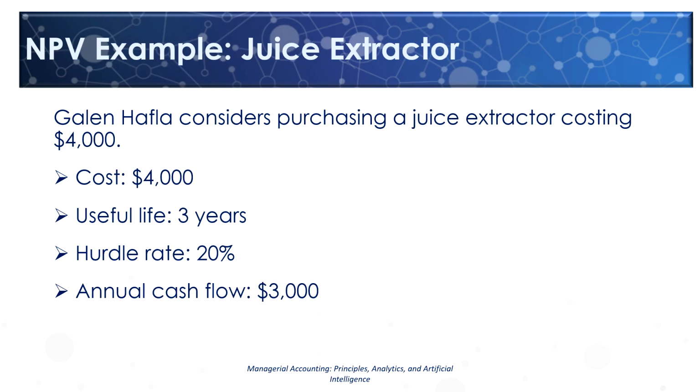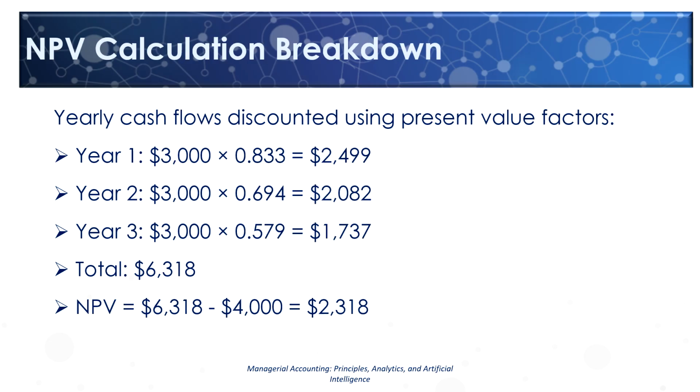Now let's look at an example of Galen Hoffler considering the purchase of a juice extractor for his business. The extractor costs $4,000 and produces annual cash inflows of $3,000 for 3 years. The hurdle rate is 20%. We discount each year's cash flow using present value factors. So in year 1, $3,000 is discounted by a factor of 0.833, bringing $3,000 back to today's dollars at time 0 of